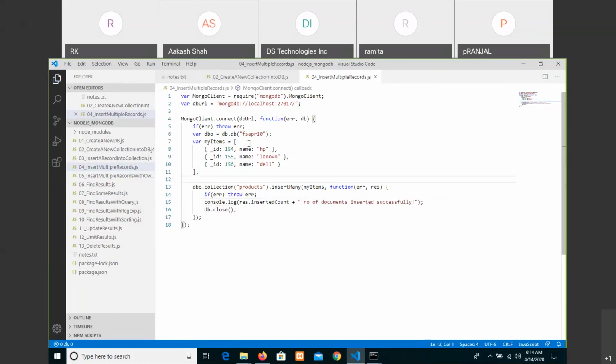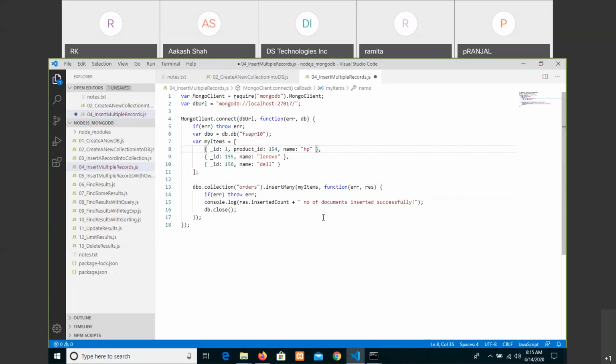Then in the same place, in place of products, let us write the collection name orders. That is what we have created right now. And the ID, let us say order ID 1. Then I'm just writing a second column, product ID, of course, that should match one of the products.